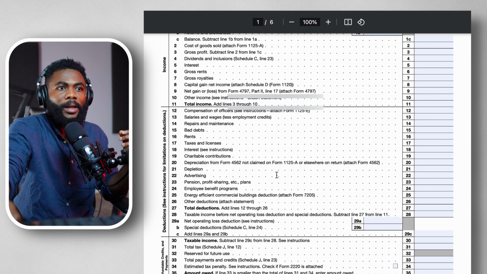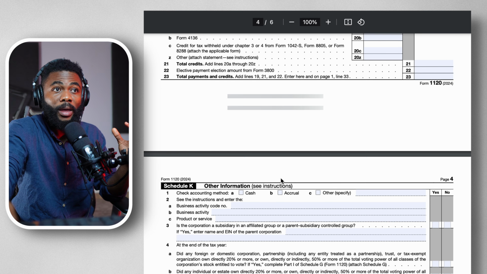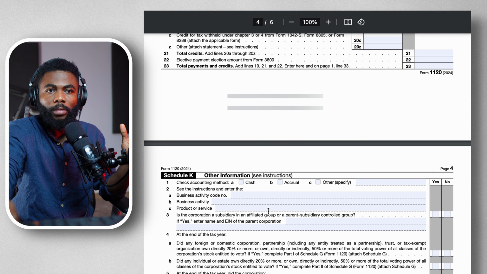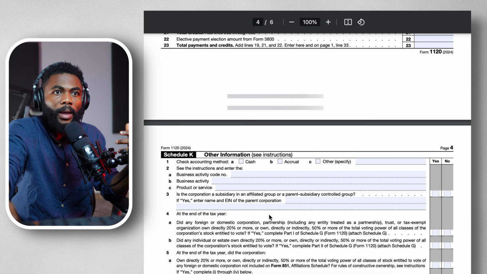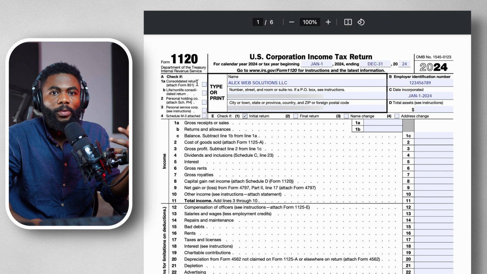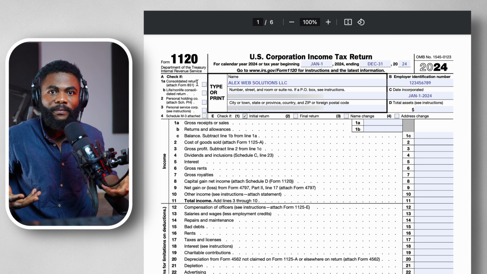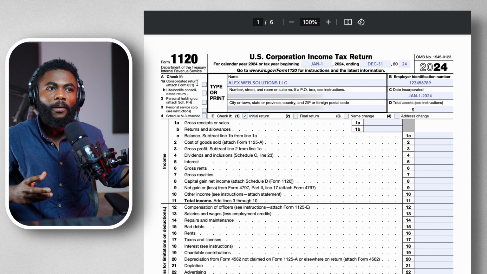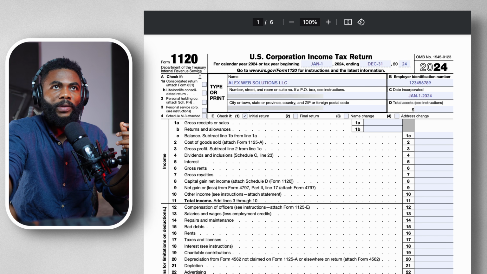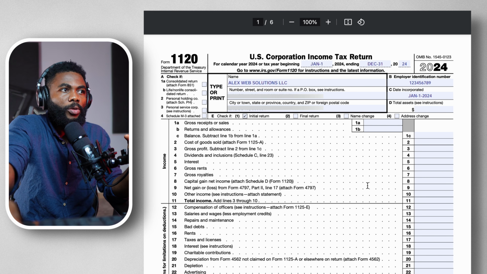You can go on to answer some of the things, like from the Schedule K, you can fill out some of these things here and provide your business activity code and business product services and stuff. You're not going to be penalized if you provide more information and fill out other parts of the form correctly, but you don't necessarily need to do this. This is a pro forma, which means it's like a cover page. It's not the meat of the filing. The main thing is going to be in the form 5472. So for the sake of simplicity, I'll advise just fill out the top part here and leave the rest blank. So let's move on to the